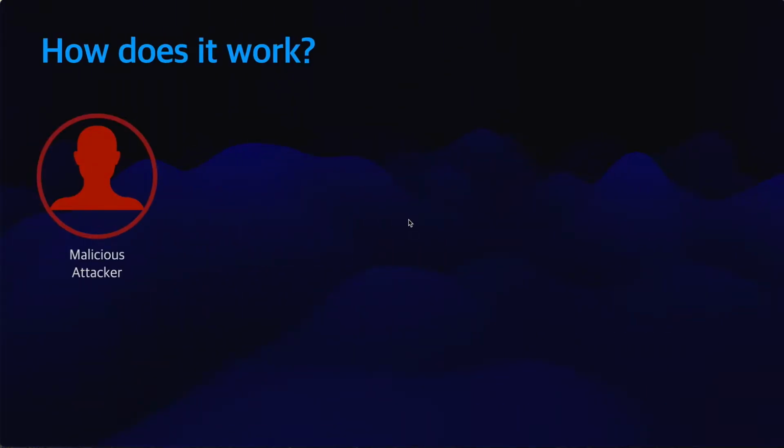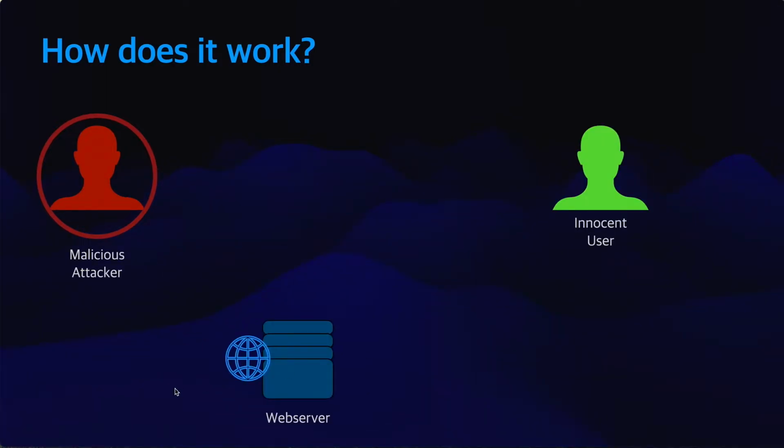So let's see, how does it work? We need to assume three entities here for this demonstration. Just a little bit of theoretical demonstration. There is a malicious attacker, and there is an innocent user, and there is a web server with a website deployed on it. Now, this innocent user here has no idea what cross-site scripting is, and it looks like